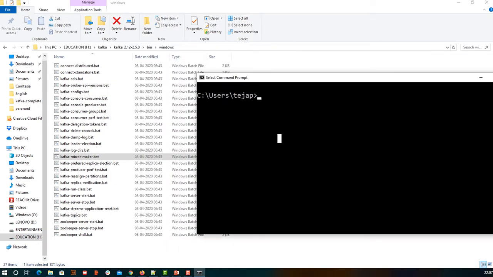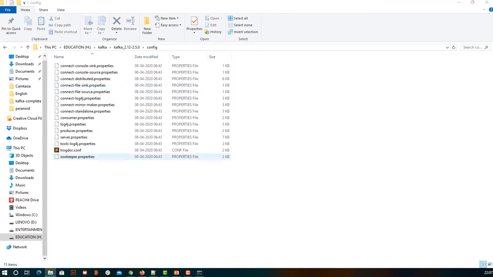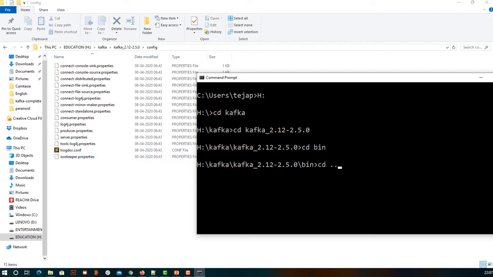Okay, so I need to go to this path first. cd kafka, cd kafka, cd bin. My configuration file was there in config. Okay, yeah, right, cd config.